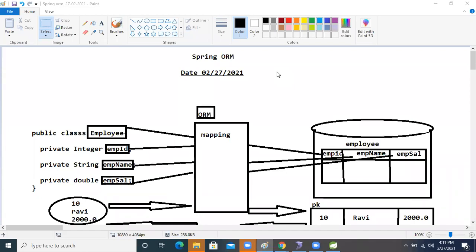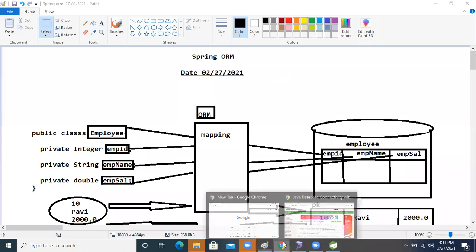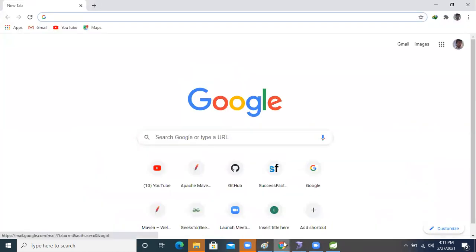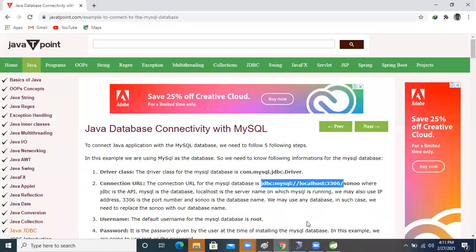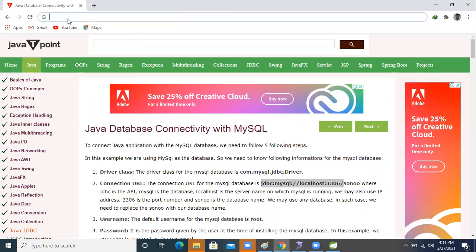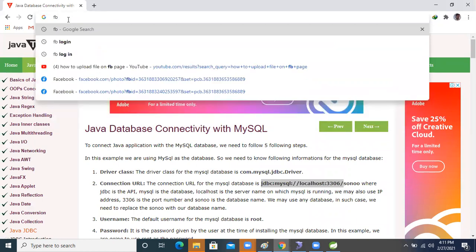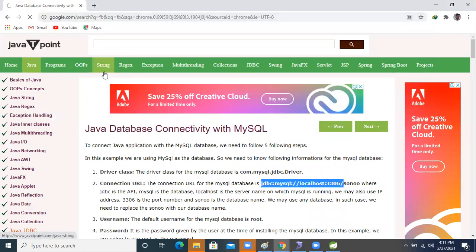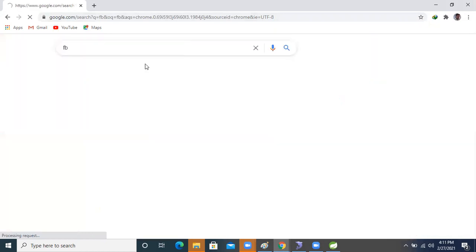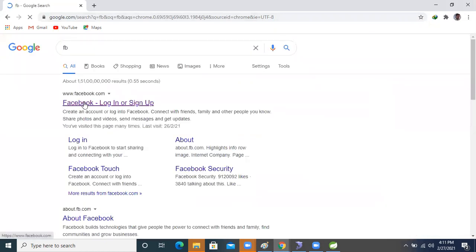Okay, one minute. If possible, send me your Facebook ID in the chat box. Just send me your Facebook URL. I will give it to you in the chat box, don't worry. Wait for some time.